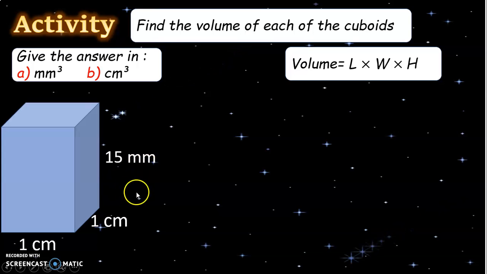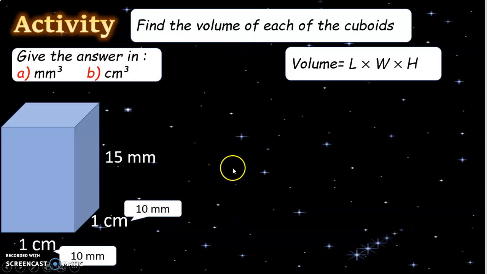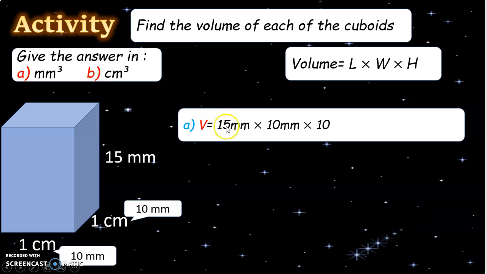Since, again, this one has different units, we know that 1 centimeter is equal to 10 millimeters. So the same thing with this. To get the volume in millimeter cube, multiply 15 millimeters times 10 millimeters times 10 millimeters is equal to